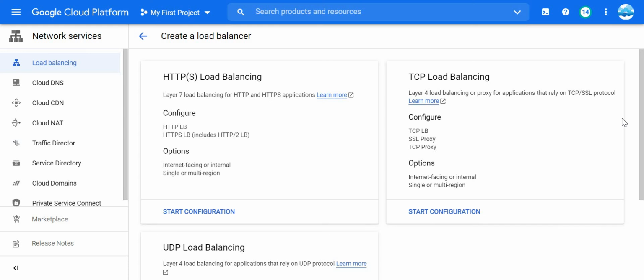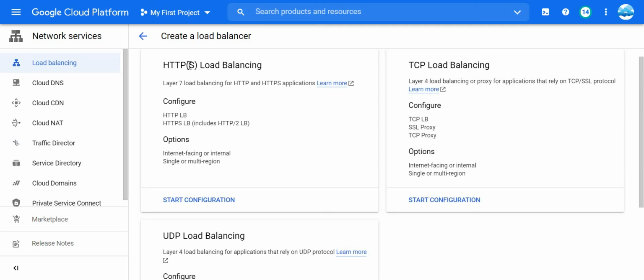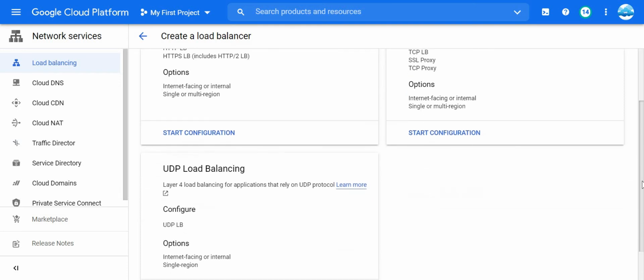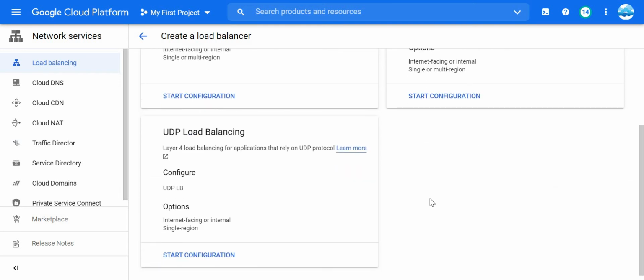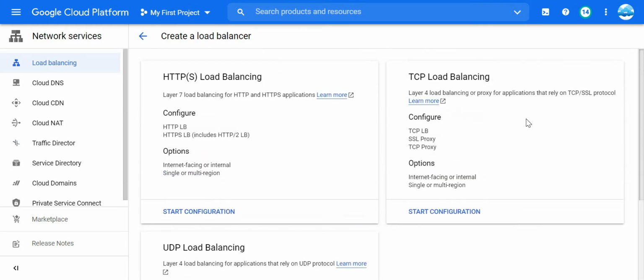So there are different types of load balancer in GCP. Majorly there are 3. Very first is HTTP. This is for all HTTP and HTTPS applications like our websites. Then another is TCP. A TCP load balancer will handle all your TCP load, like layer 4 load balancing, you can call it. Then next is UDP. UDP is again layer 4 and for the UDP protocol. So in this demo, we will see how to create the HTTP or HTTPS load balancing.